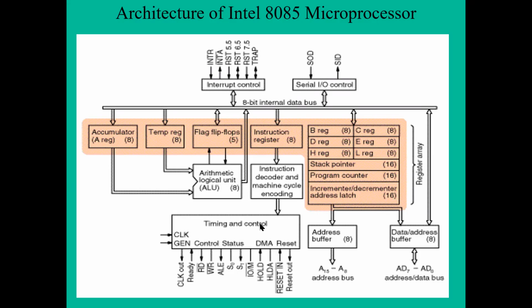That is the timing and control unit, from where the different control and status signals, or the timing signals, will be given, and as per the signal given to the different hands and legs of this microprocessor, they are performed according to that signal. Okay, just like one example, suppose